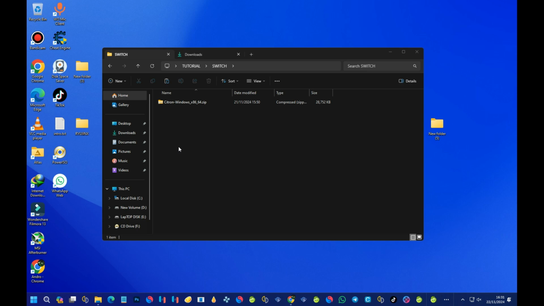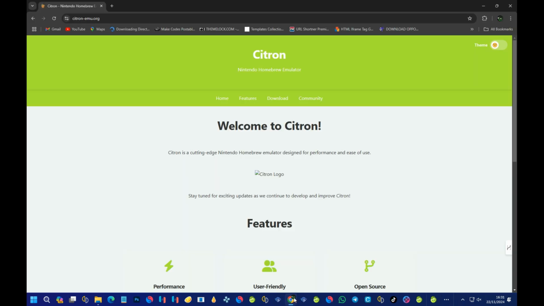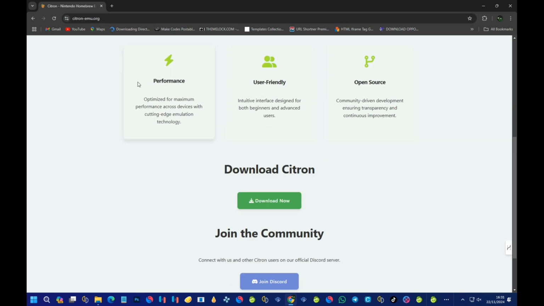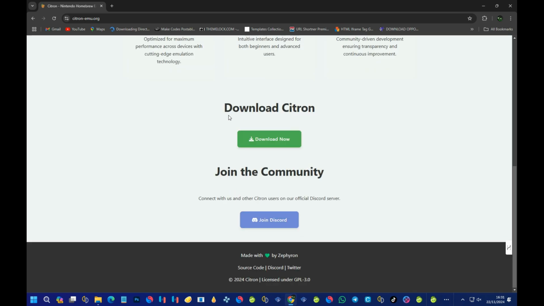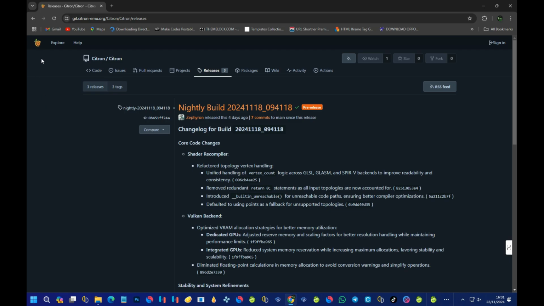Okay, so first of all, to get the latest updates of the emulator, what you have to do is open your browser and then head over to this website which says citron-emu.org. Visit this website over here, citron-emu.org. On the website you should see something like download Citron and join community. What you have to do is just press on this thing over here which says download now. Press on the download now, and then it should take you to